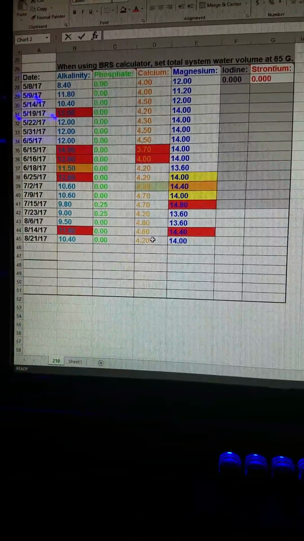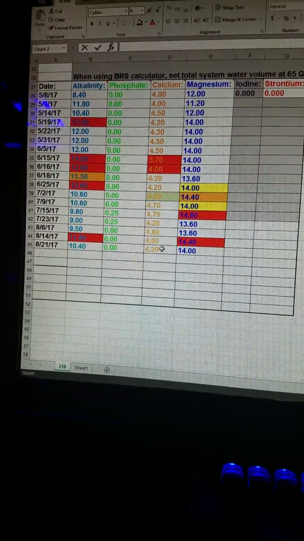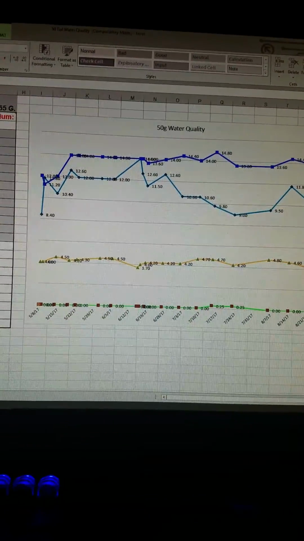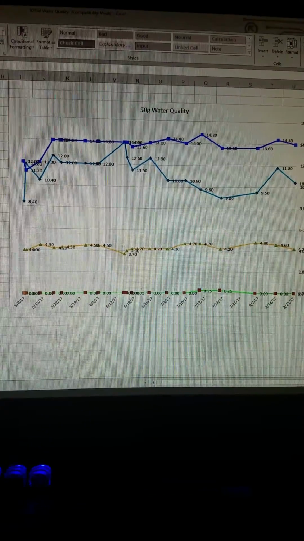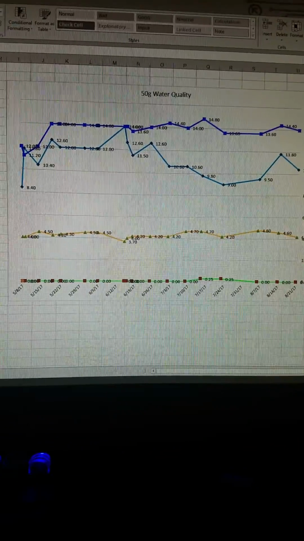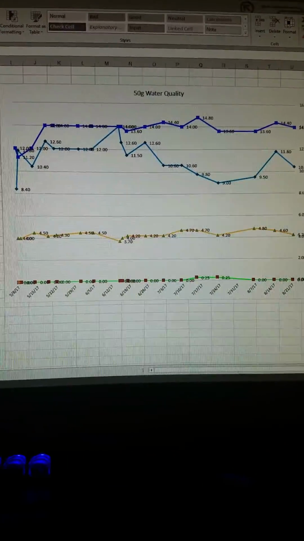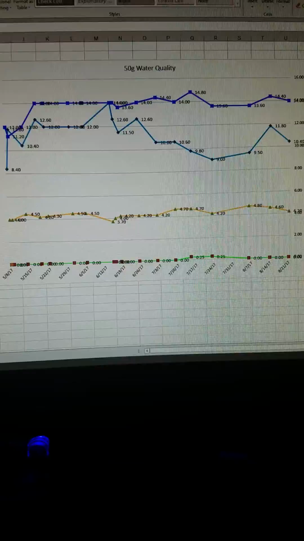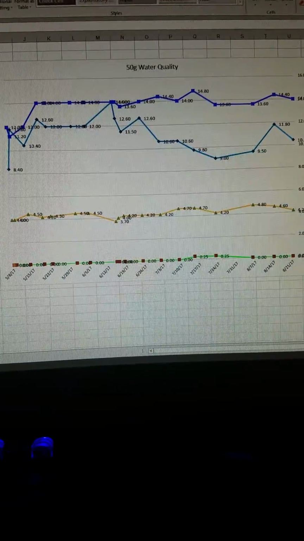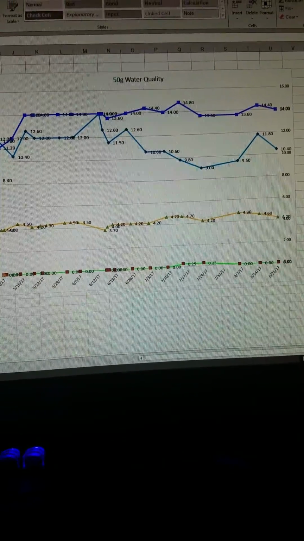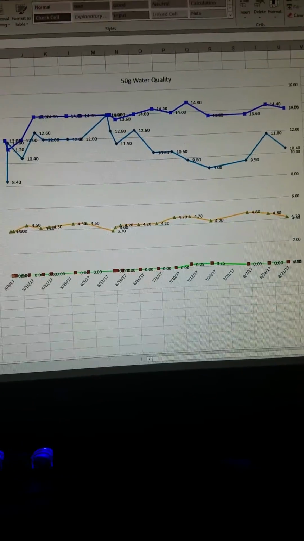So again, like I said, every week I pop in, I do my test, and I pop in the numbers into the chart, and then over here on the graph, it graphs it for me, and it tells me, hey, do more water changes, or add BRS 2-part, whatever. Increase your calcium, decrease your alkalinity, things like that. But it gives me a good way of tracking trends, what's working, what's not, and look for contributing factors. If I didn't do a water change for 2 weeks, that might explain why my